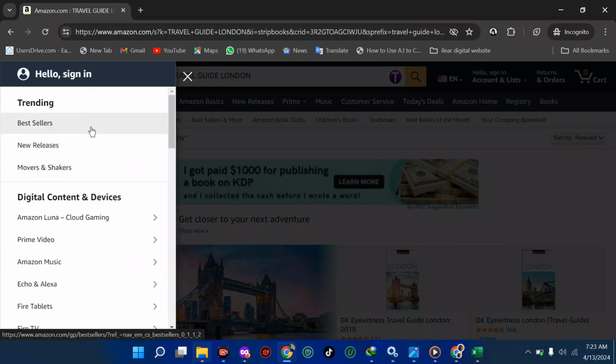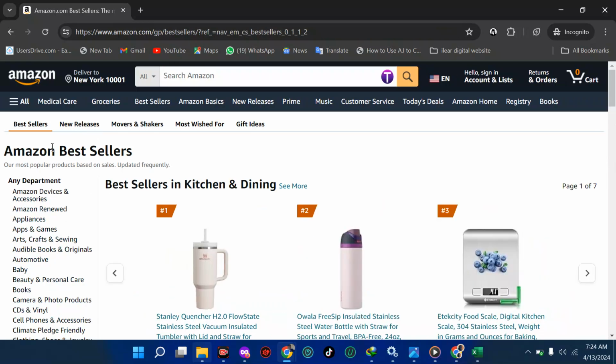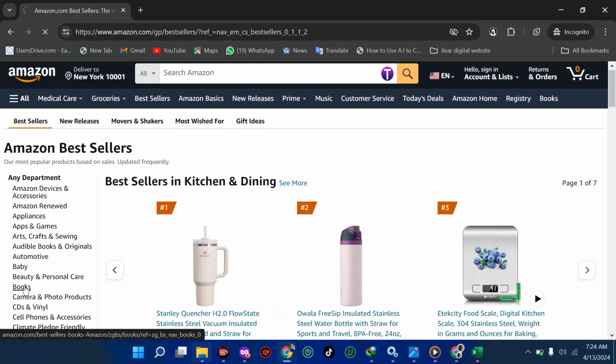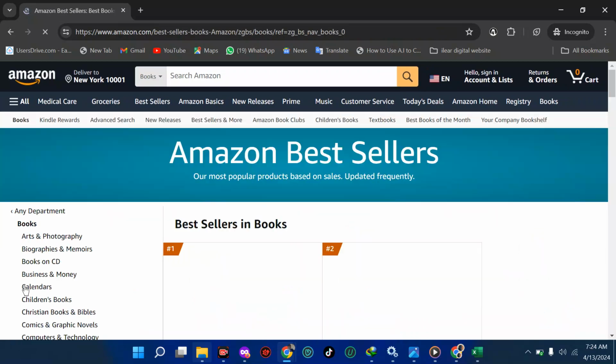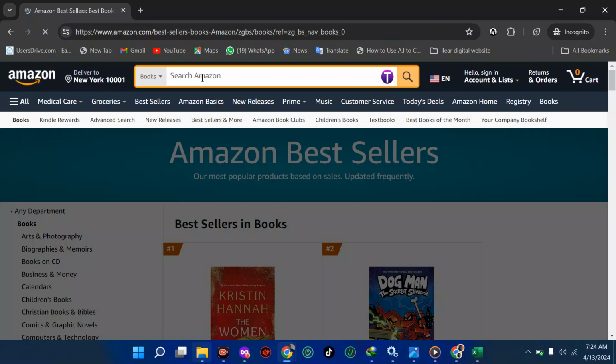But people want to search by bestseller. That is why this competition can be very, very tough. So the bestseller search is what we are searching for. Now you want to search for books. Then sometimes they just go straight to books. Now we have this Amazon bestseller. So anyone who comes here and searches for travel guide,